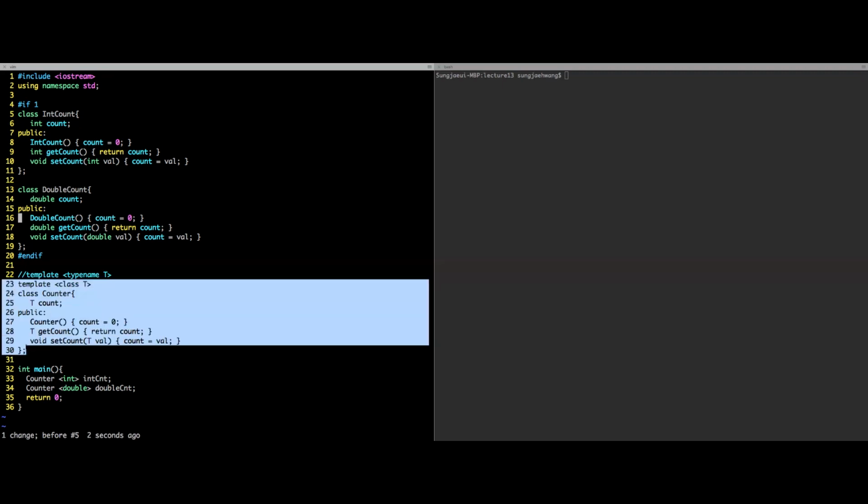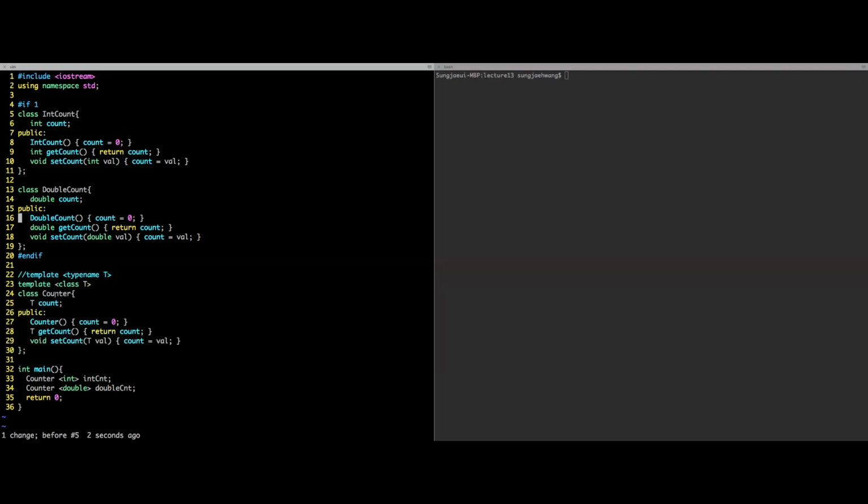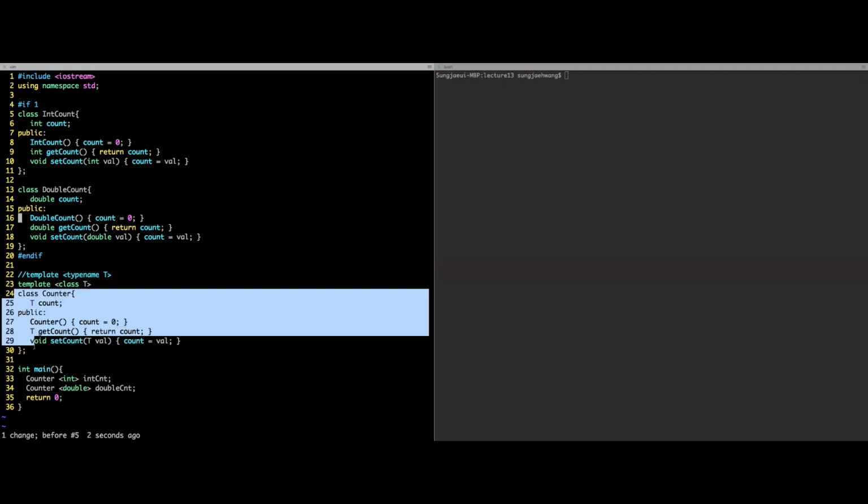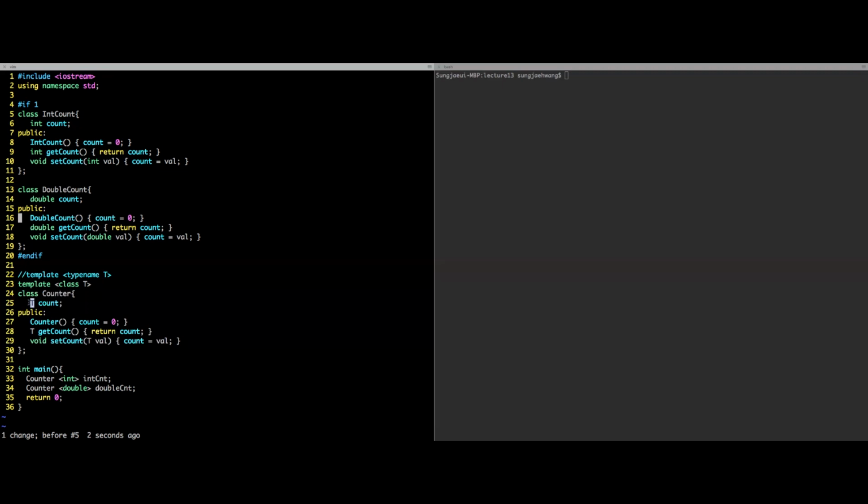So by creating template class Counter, this class template can hold both double and int types. If you look at these main functions, we are declaring the objects for this Counter template class, but here we specify int and here we specify double. So for this int object, the T will be replaced with int. So this object will store int types of values in this count